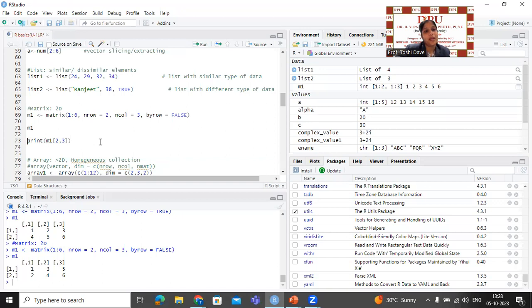Now, I want to get a slice of the matrix. I want a value which is at some location. Again, to get the location in any data structure, remember you have to use square brackets. So I want an element: print M1 square bracket 2 comma 3. This means the first one is the row and the second one is the column. Matrix variable name, mention the row, then the column, separated by a comma. So 2 comma 3 means what? In second row,